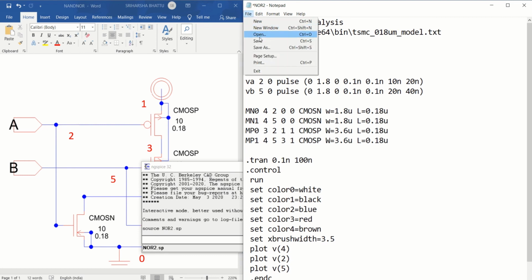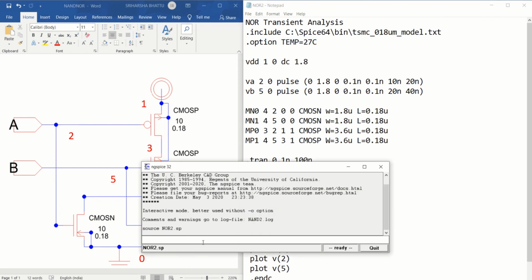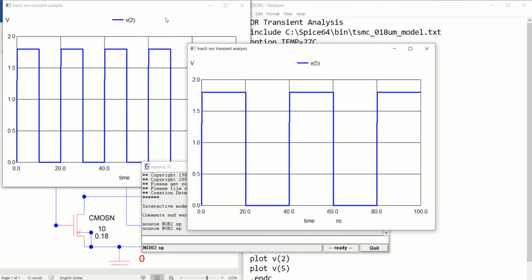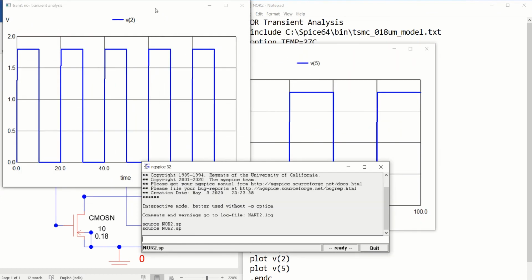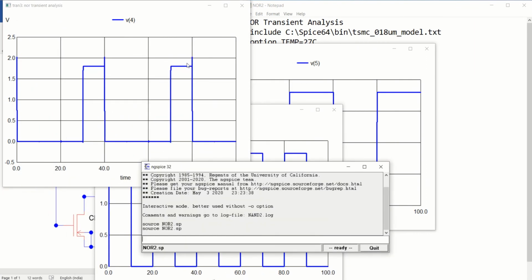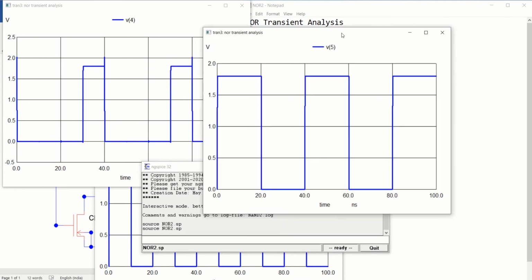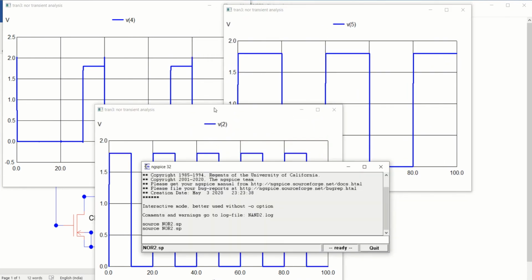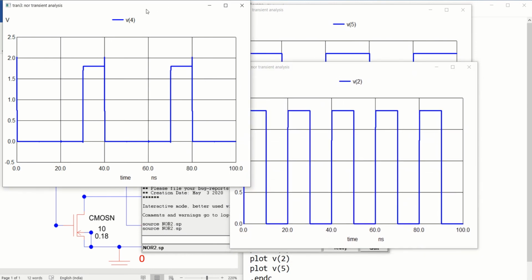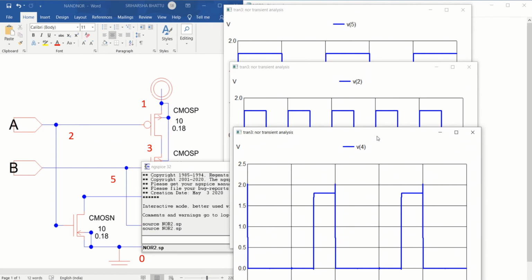So save this particular file. Again go to the ngSpice circuit simulator. You can use source nor2.sp, so it opens different files. In that you have to check what is the output. So this will be your output. You can arrange them as per the requirement and check the values by using the ngSpice circuit simulator.